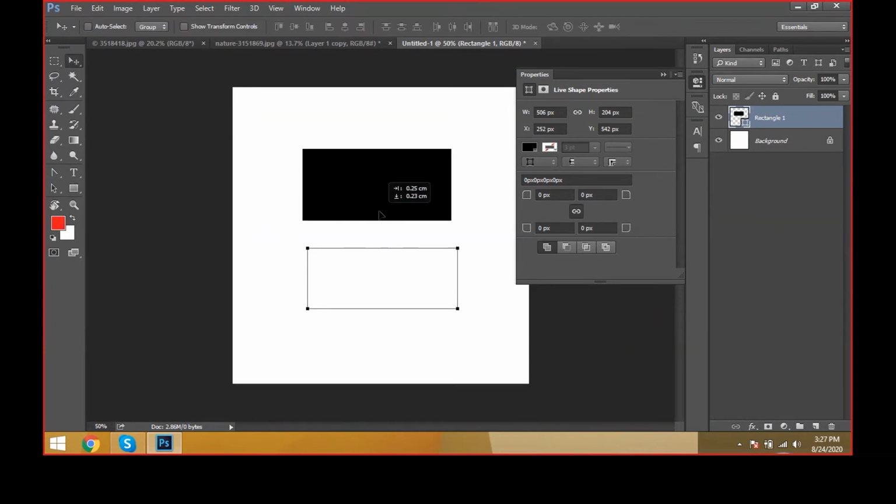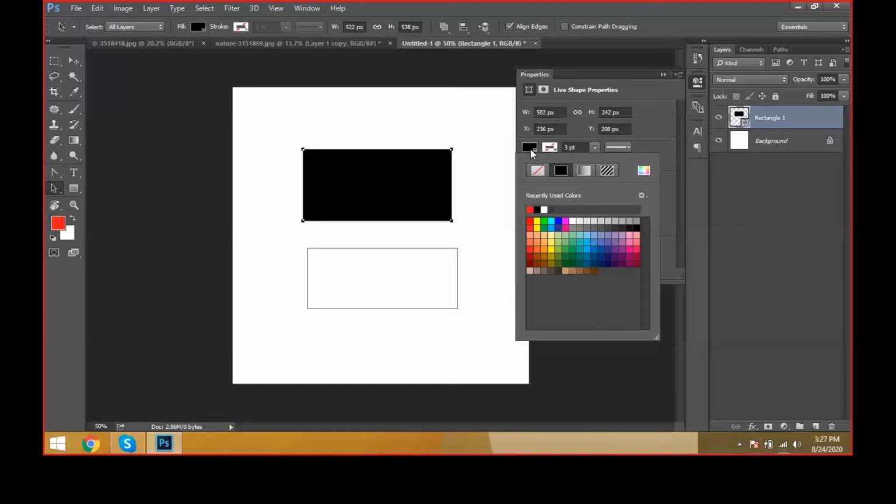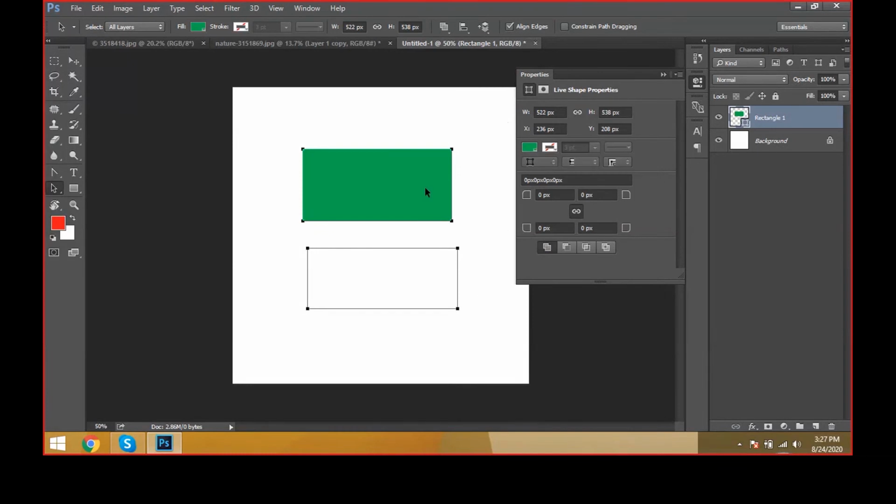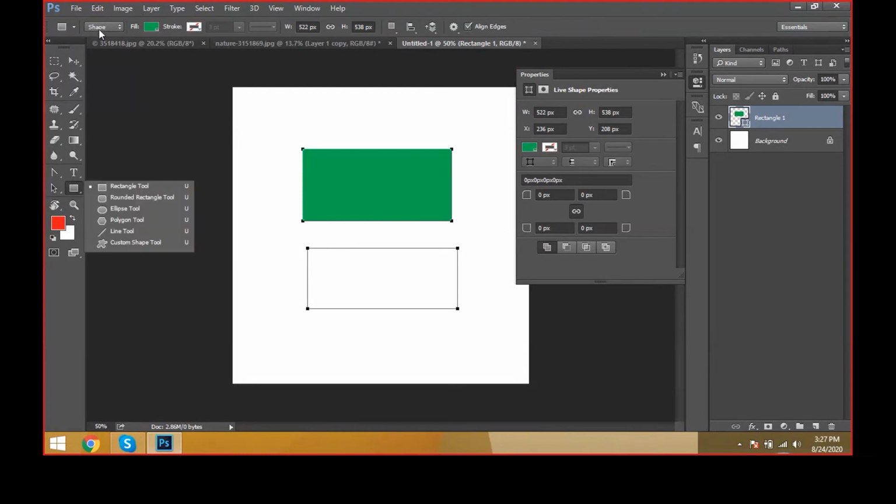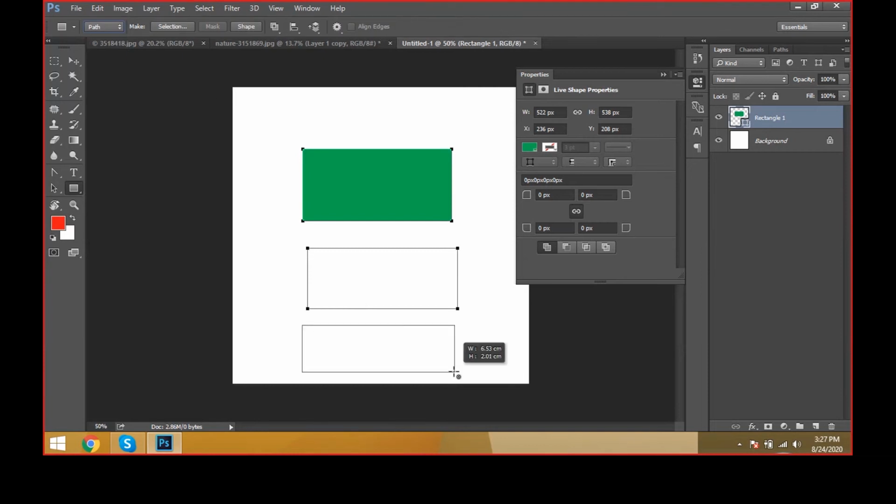Again, you can take the selection. You can change the color. Like this, we can change the color of the shape. Using these two things, one is a shape layer. Taking this one, this is a shape layer. Automatically we can fill the color. But the second one is a path layer. We can't fill the color. It is only the stroke part.